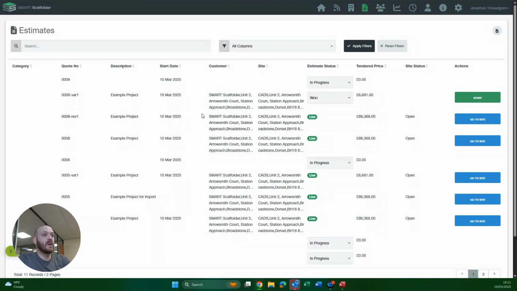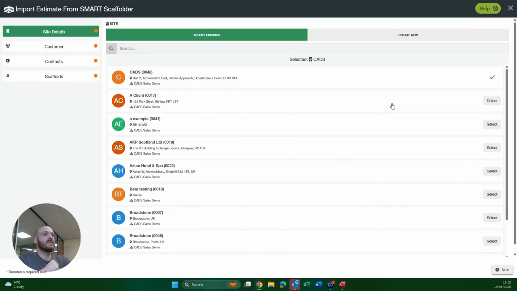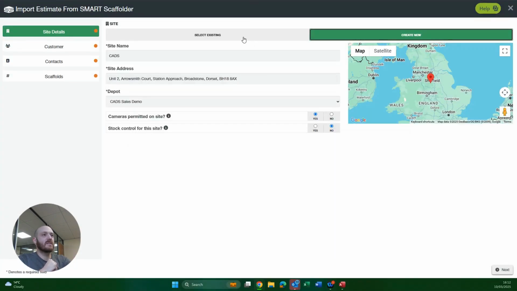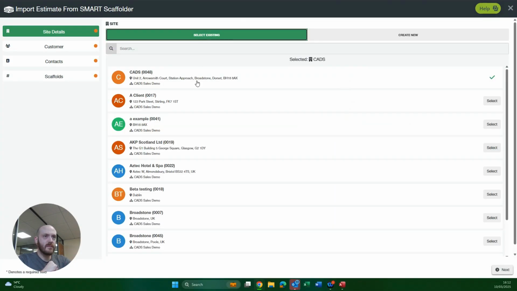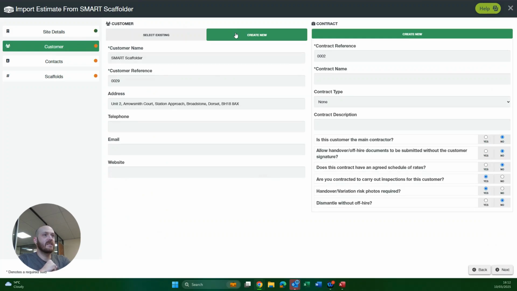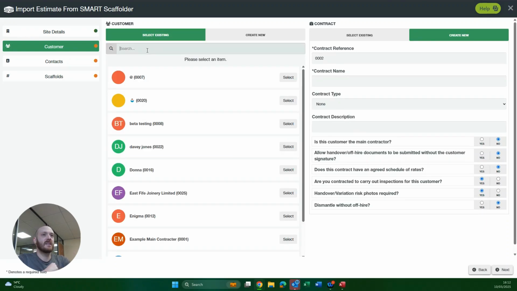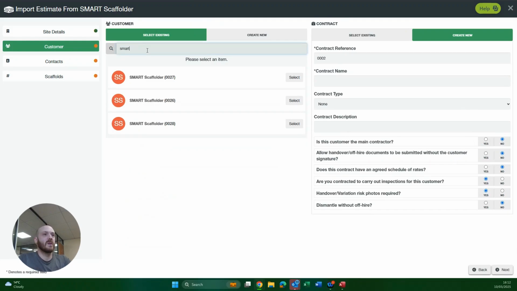So in this example, I've got a variation that I've done for site number 8. I can click Start. When we come through to the import wizard, instead of creating a new site, I'm going to select existing. I'm going to select that CAD site that I've just created and click Next. And then instead of creating a new contract, which I could do if I wanted more than one contract for the different scaffolds on the site, I'm going to select existing and I'm going to search for Smart Scaffolder 28 is my latest one. Select the customer for the site,